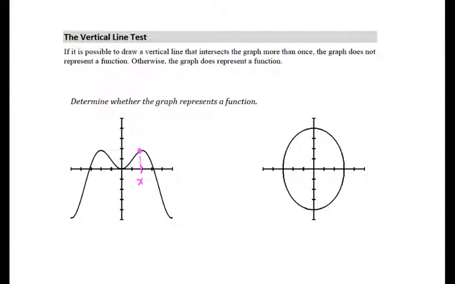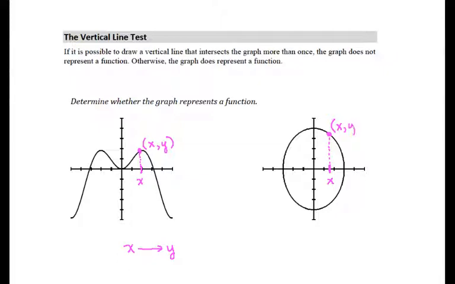I can see that I would come up to this point (x, y). x would be my input, y would be my output, right? If I compare that to what happens on the second graph, let's say that I have some x value that is somewhere inside this ellipse, and I'm tracing to the graph to get my (x, y),